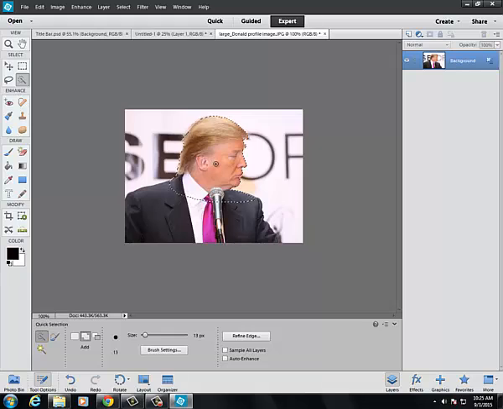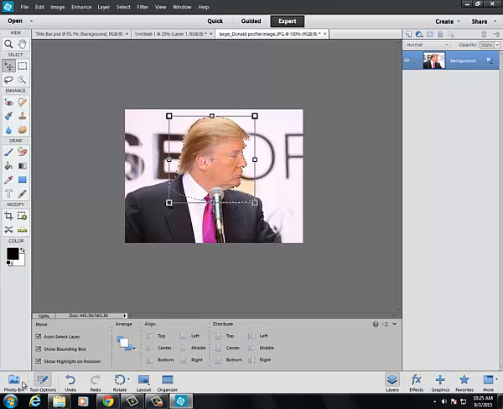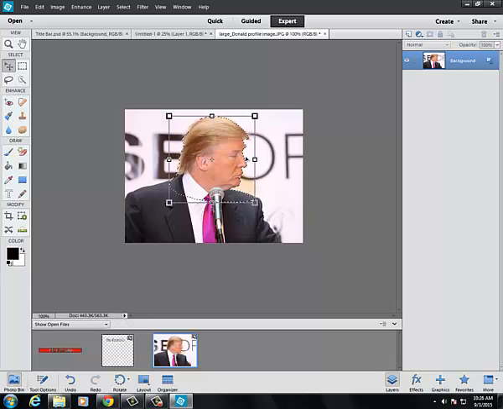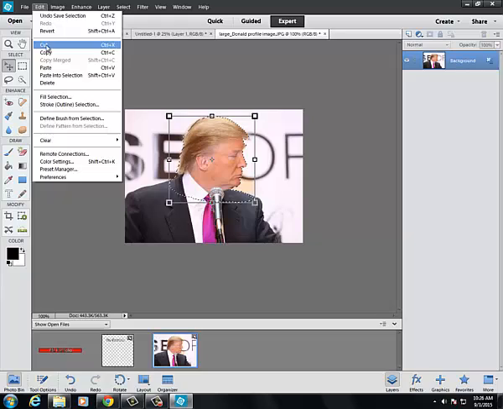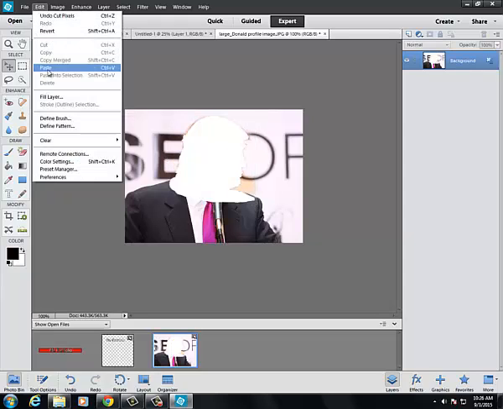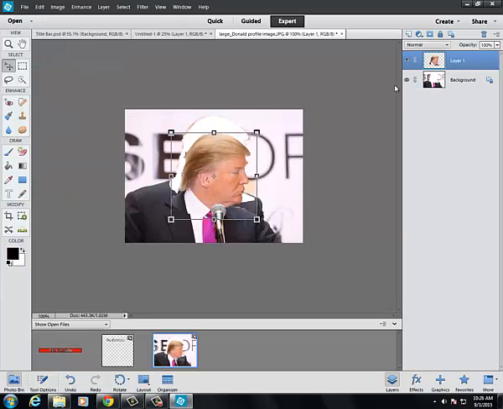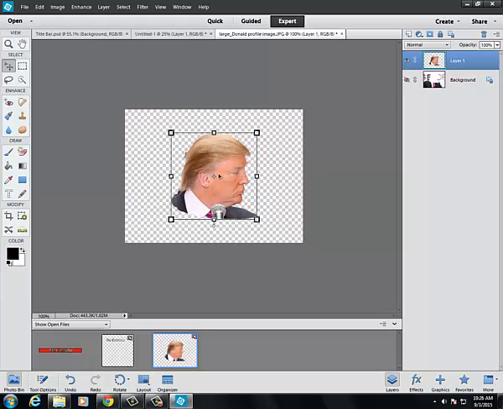Now, you're going to do this for you. I'm just using Donald Trump as my example. Once you've done that, you can switch to your Move tool, go back to your photo bin. Well, actually, I'm gonna stay here. I'm gonna go with an edit, cut, edit, paste. I'm gonna hide the background layer, and then on this layer, I'm gonna